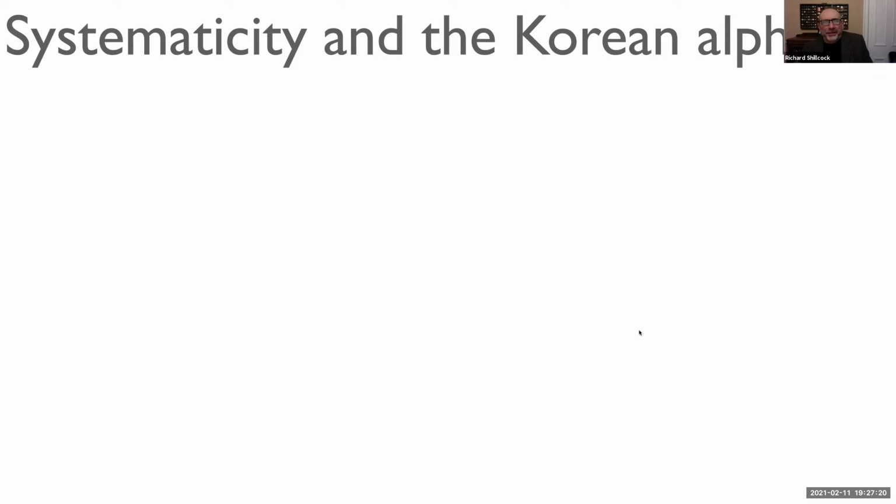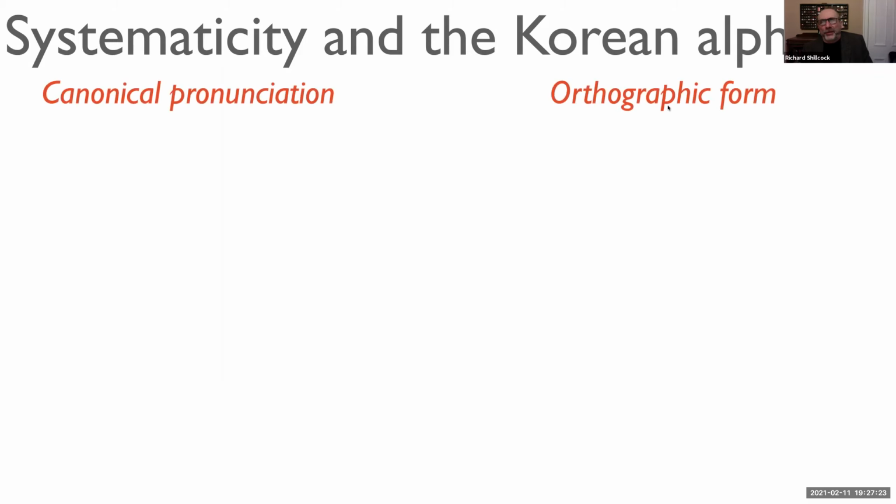So we wanted to ask the same question. If we took the orthographic form, just letters, and we took the canonical pronunciation, so in the English example, if it was the letter D, it would be D. If it was letter M, it would be M. So these are the pronunciations which you teach kids first. So if you're using the phonics approach to reading, you want to teach them the pronunciation of all of the letters, and these are the ones you start with.